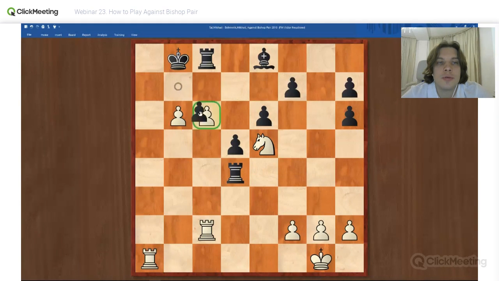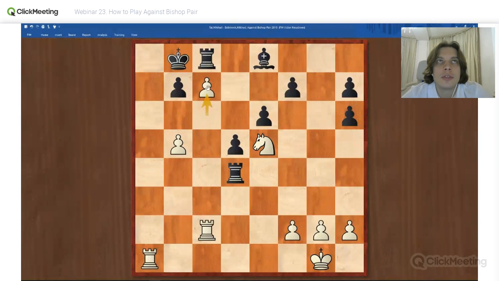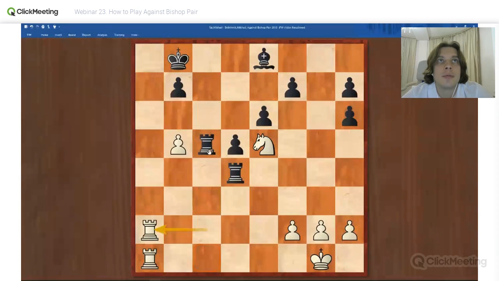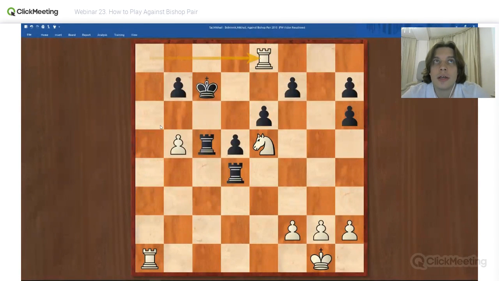Actually, he can capture with the pawn. How to deal with it? Because then there is no checkmate. If now rook a2, then king b7 is enough. And if rook a7, king b6. Okay, c7, rook c7, and then rook c8 too. Yes, that makes sense. Because then we are threatening a checkmate, so he moves the rook probably to c5, then we check him, king c7, and we take this bishop. It's a winning position.